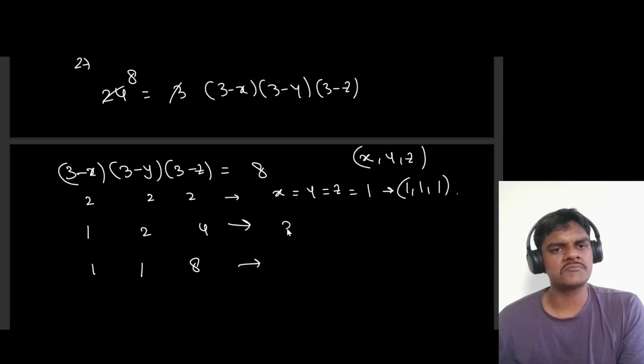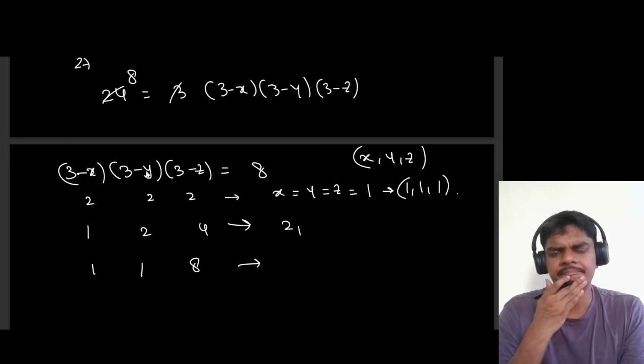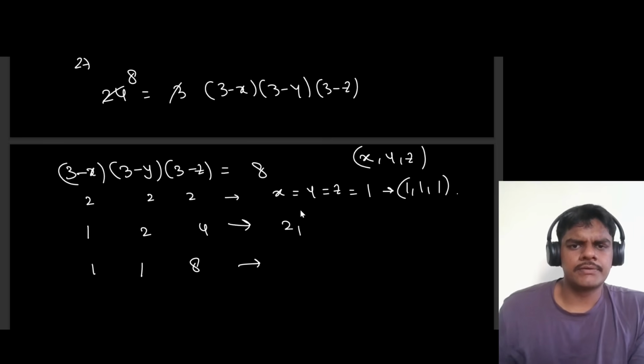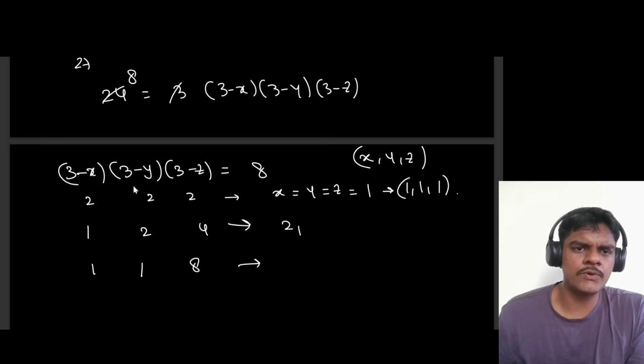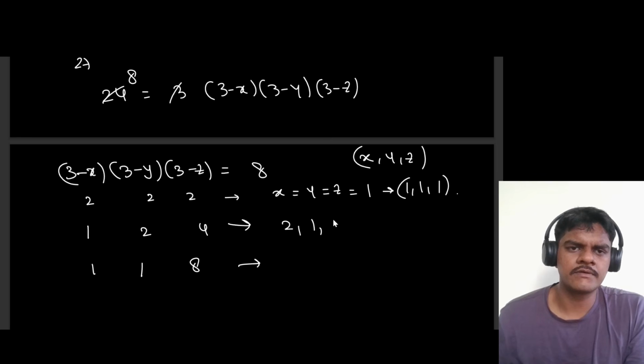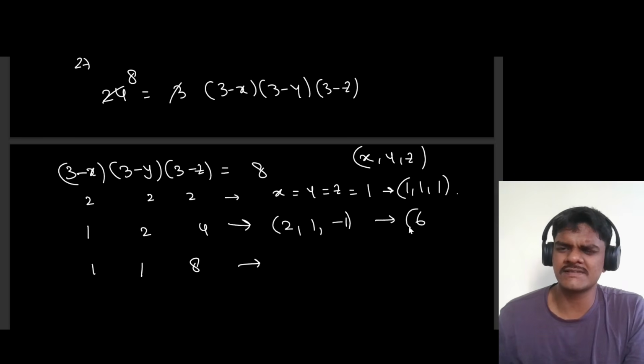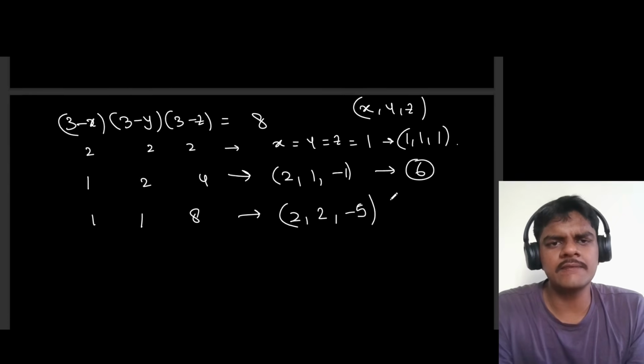This will give me 2, 1, minus 1, and there will be iterations of this, so it will have 6 iterations. But this will give me 2, 2, minus 5, or rather, something like this. There can be many more other solutions,